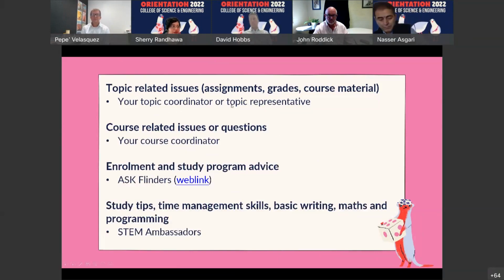And every topic should also have what we call a topic representative. These are students in the class who volunteer to be the topic rep. They liaise between the topic coordinator and students. Sometimes students don't want to ask the topic coordinator questions because they feel a little bit afraid. I don't know who would be afraid of me. But it's sometimes easier to ask the topic rep to go and ask the topic coordinator some questions, like what an assignment is about, because they don't feel comfortable approaching the topic coordinator. So the topic rep is the person you go to. But I also encourage you to put up your hand to be a topic rep. It's good to have it on your resume, and you get other perks as well. Flinders University gives you some perks.